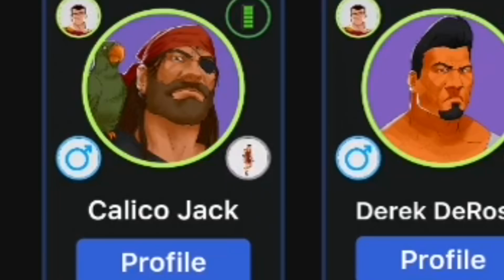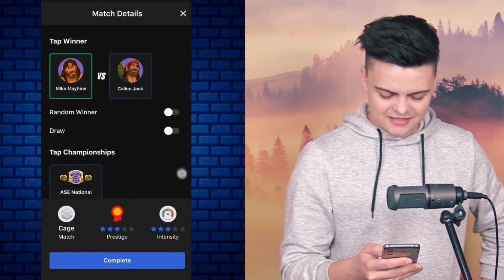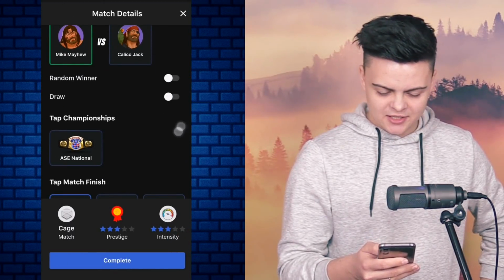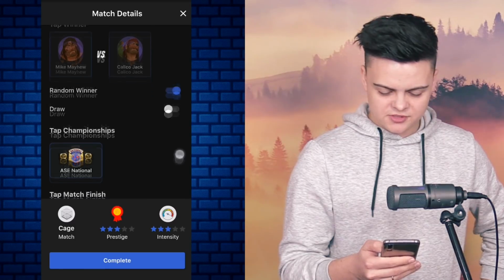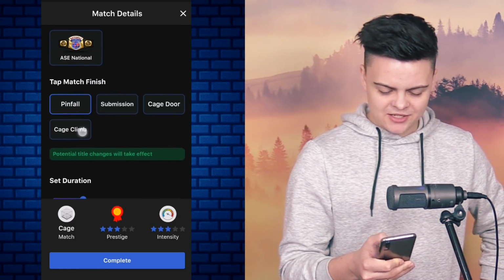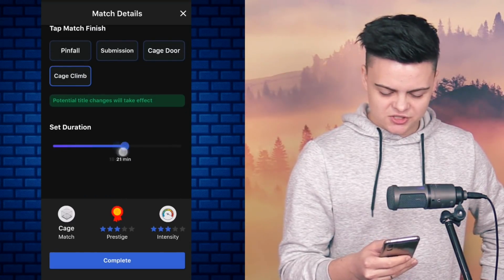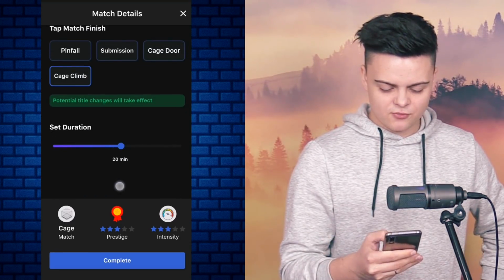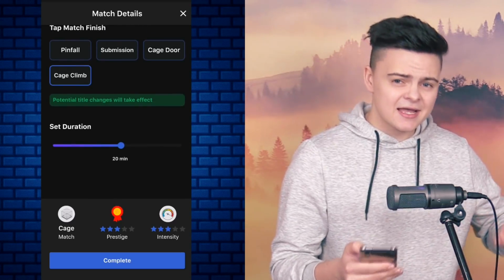Is that John Cena? Calico Jack, because this guy has a bird. Must be tough. We're gonna put him in that match, and we're gonna do random winner, of course. It's a bit more interesting. Pinfall or, you know what? Cage climb, yeah. Duration, 20 minutes, of course. We're gonna put a lot of ads and stuff.